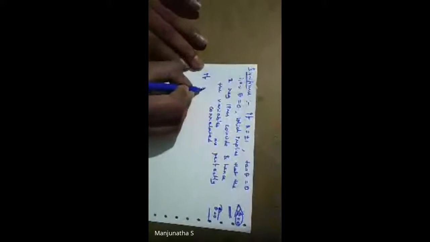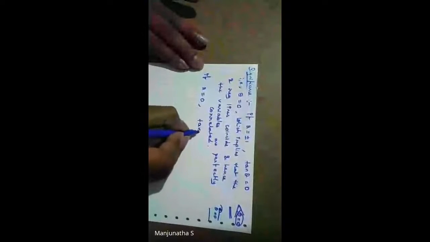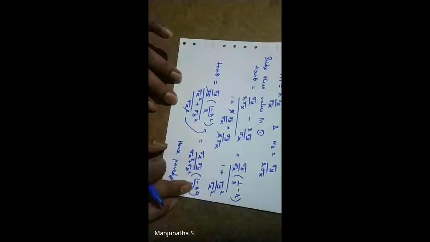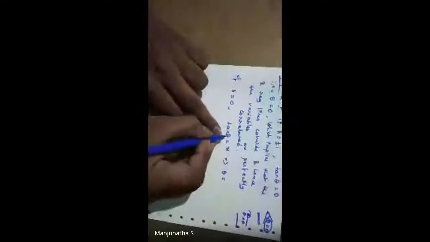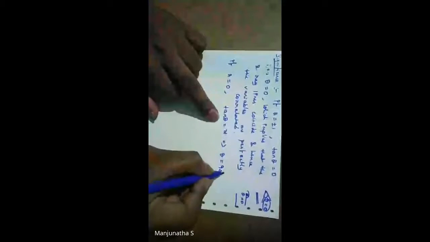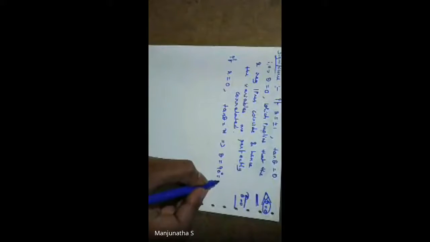Similarly, if r is equal to 0, what happens to tan theta? So tan theta is equal to (1 minus r squared) over r, with r equal to 0. So 1 minus 0 is 1. 1 over 0 is infinity, correct? 1 divided by 0 is infinity. Infinity into anything is also infinity. So tan theta is infinity. And this implies theta is equal to tan inverse of infinity. You should know tan inverse of infinity is 90 degrees.